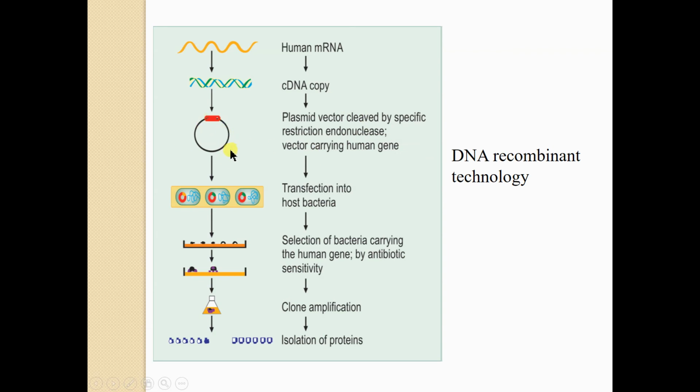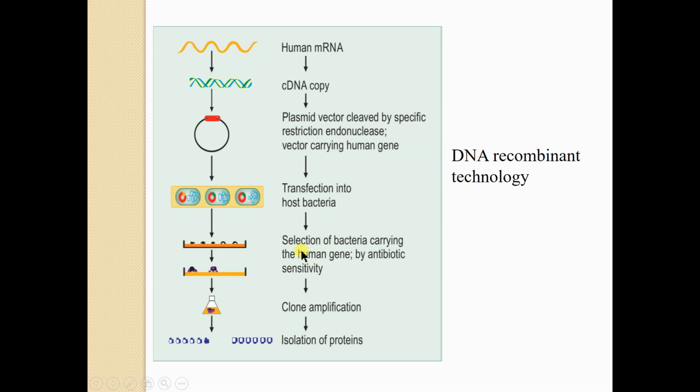So this type of hybrid DNA is synthesized. This hybrid DNA is then introduced into the bacterial cell for multiplication. This process is known as transfection into the host bacteria. The medium contains calcium chloride, because calcium helps to take the plasmid into the bacteria. So you can see in this figure that the bacteria contain different plasmids. Certain bacteria contain simple plasmid, and certain contain our DNA molecule of interest.